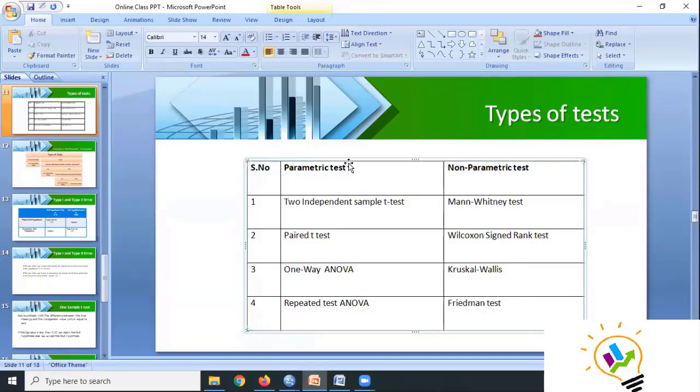Important thing is parametric tests can only handle scale data which is normally distributed. Parametric tests must use data which is only normally distributed. But in non-parametric, we can use scale data, ordinal data, and nominal data also. If it is scale data, there is no condition that the data should be normally distributed. So it is very comfortable to use non-parametric. But why are many people using parametric?